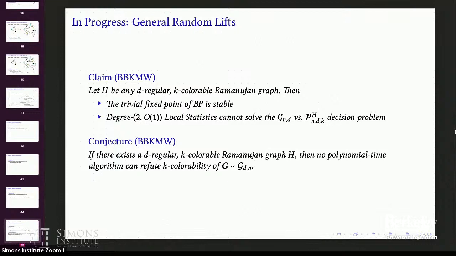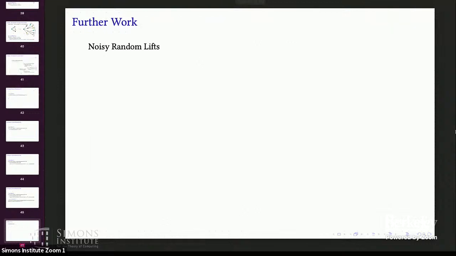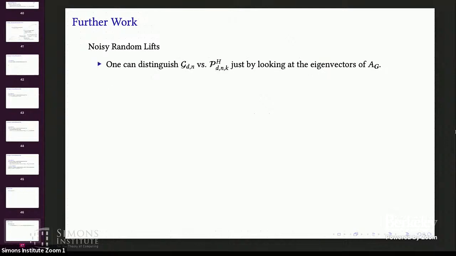So I'll leave you with that conjecture and then just a couple of things that either I or even better you all should do. I'm surprised no one shouted this out, but I'm cheating a little bit with this planted model because although the spectra look the same between it and the null model, you can tell the two apart just by looking at all the eigenvectors. Because in fact, the eigenvectors of the small graph lift to eigenvectors of the big graph that have a very specific structure. And so, okay, what's up with that?